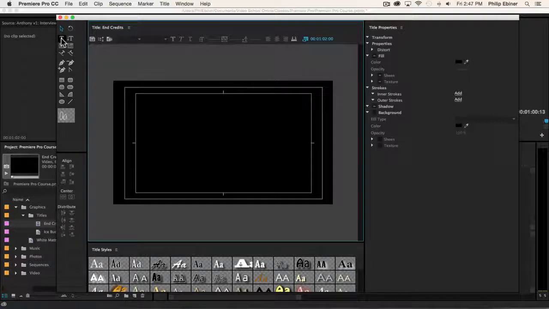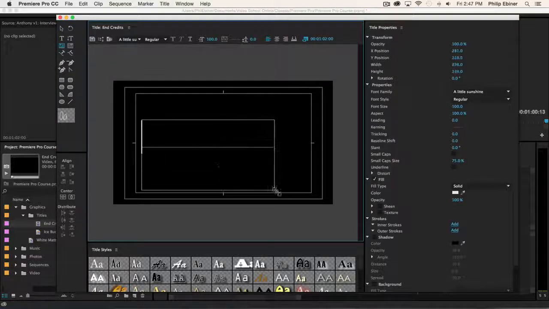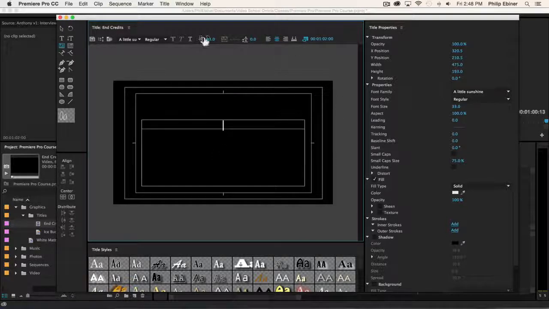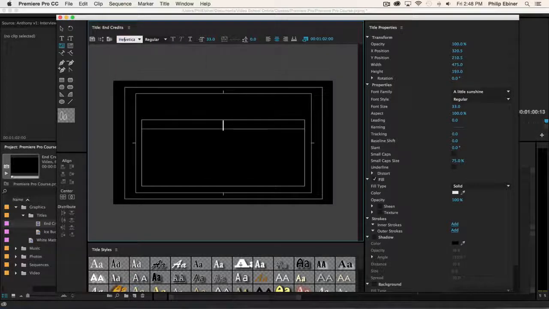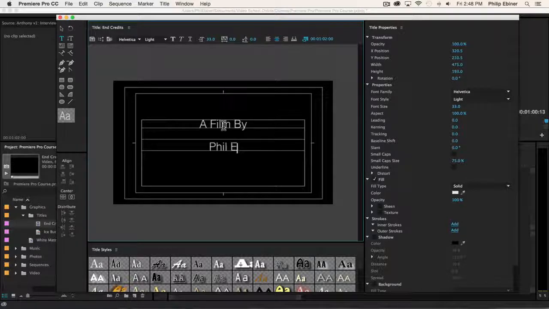Then all we have to do is, with the type tool or with the area type tool, which might be better for this, create basically a text box where you want it. We can center our text. We can change the size of our text. We can choose a cleaner font. I like Helvetica. And then we could type in our credits. So we'll say a film by Phil Ebener, starring